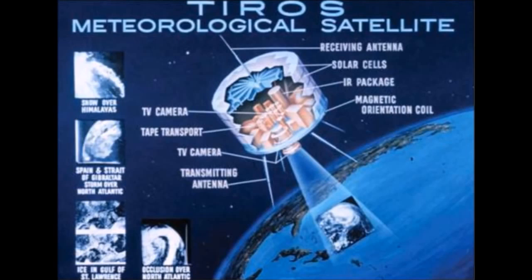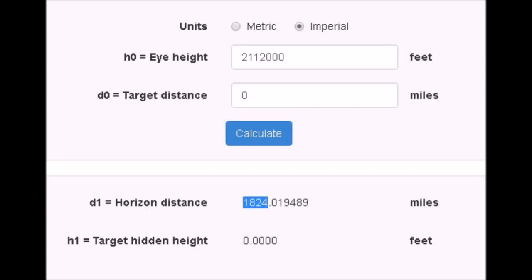The horizon at 400 miles is only 1,800 miles away. You wouldn't even be able to see Europe if you were over Florida. I mean, this picture is ridiculous. It is a fake. This is not a real picture. The Earth's edges, the edges of the spinning ball Earth, would not be visible at 400 miles up. The horizon's only 1,800 miles. If you were